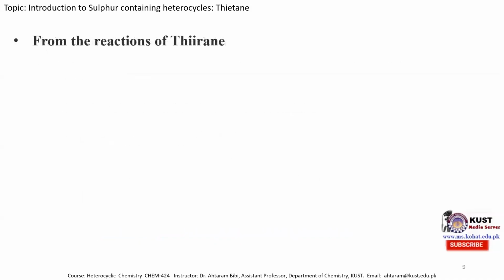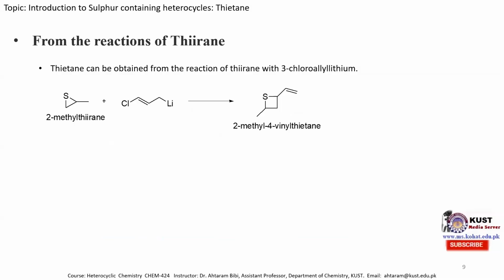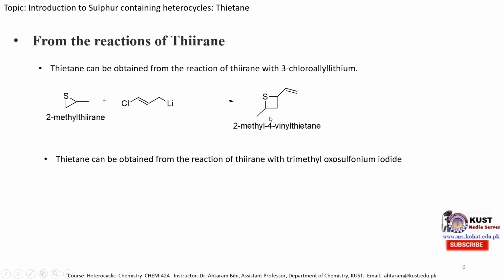The next method is that we can obtain Thietane molecule from the reaction of simple thiirane, with 3-chloroallyl lithium. When this is the methyl thiirane molecule, and it is treated with the 3-chloroallyl lithium, one can obtain the 2-methyl-4-vinyl Thietane molecule. The mechanism is mentioned over here. The mechanism is simple, and this 2-methylthiirane reacts with this 3-chloroallyl lithium to produce this 2-methyl-4-vinyl